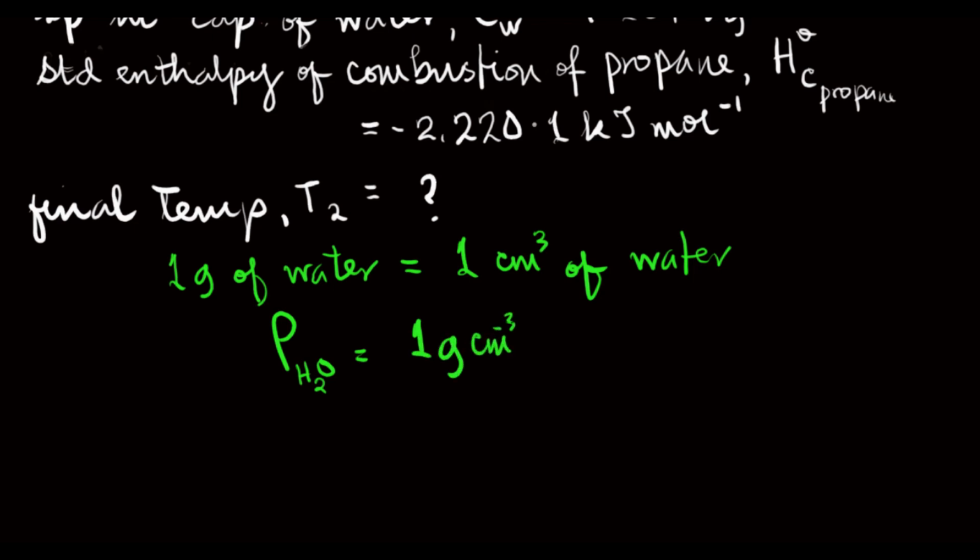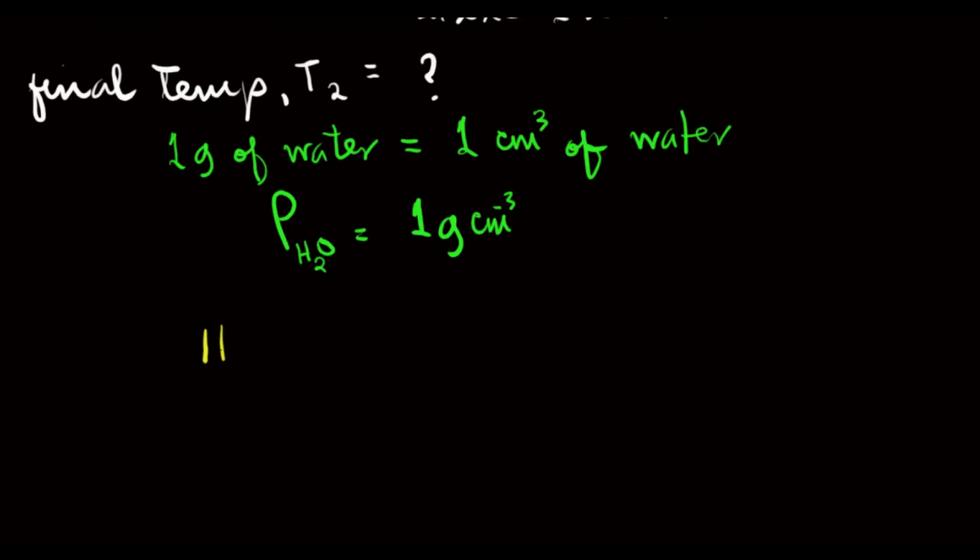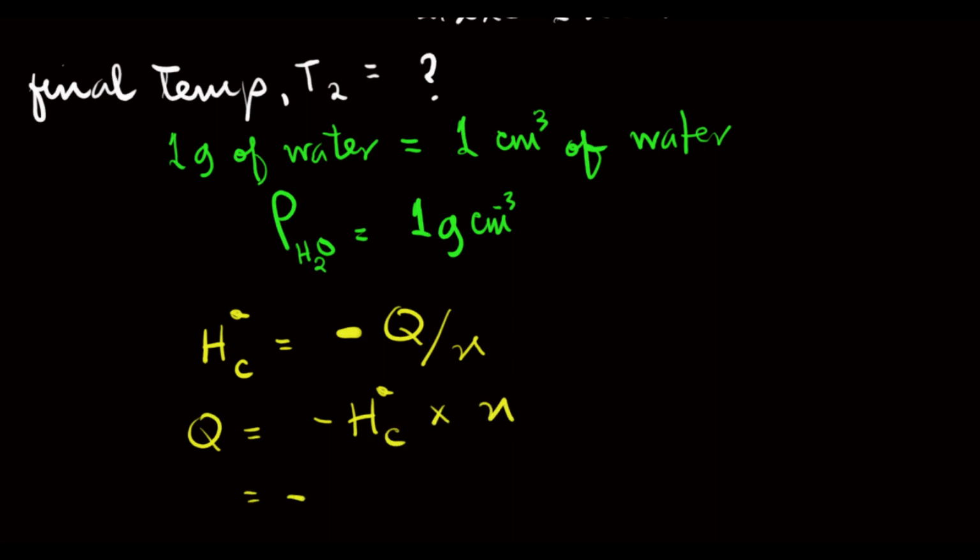Also, unlike question 1 where we are asked to calculate the enthalpy of combustion, here we are asked to calculate the final temperature of the water. Therefore, the first thing to do is to find the value of Q, that is the heat that was released from the propane gas burned in oxygen, using ΔHc = -Q/n. So that Q here will be equal to -ΔHc times number of moles. To substitute, you have minus into minus